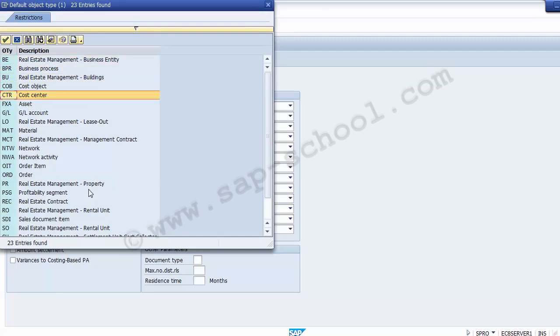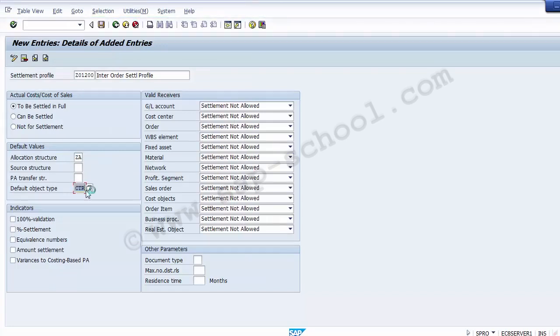However, there could be different receiver objects in this. As you can see on the screen, there can be a cost object, cost center, assets, GL account, material, network, order item, even profitability segments. So the one which we will be taking as of now is the cost center, and that has been selected over here. Moving to the next now is